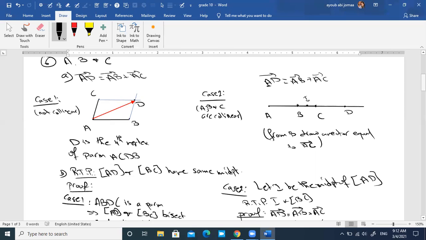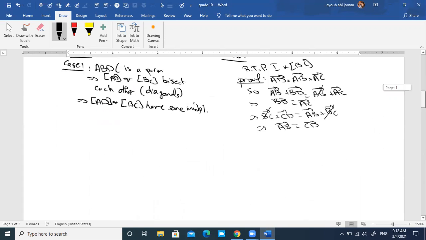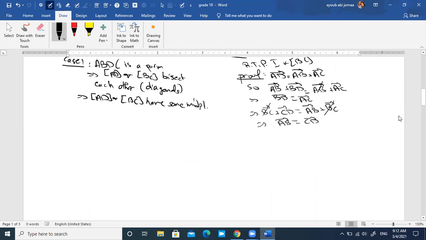Okay. Continue. But we could prove it in a simpler way. If you insert here point D, you get the answer. Instead of writing all these, you have AD is equal to AB plus AC. If you insert here point D, then you'll get AD is equal to AB plus AD plus DC,